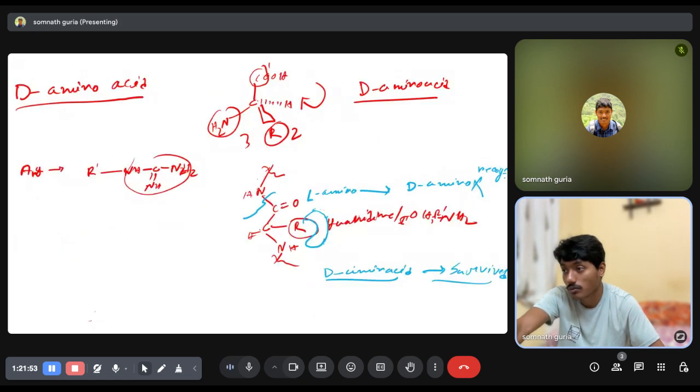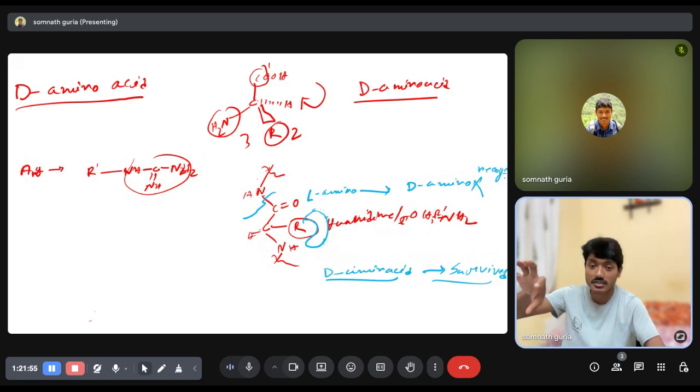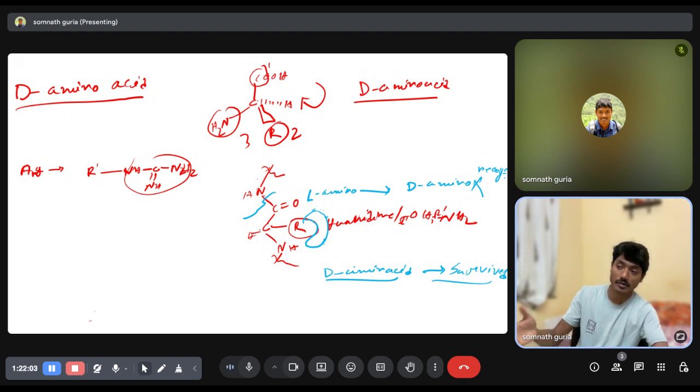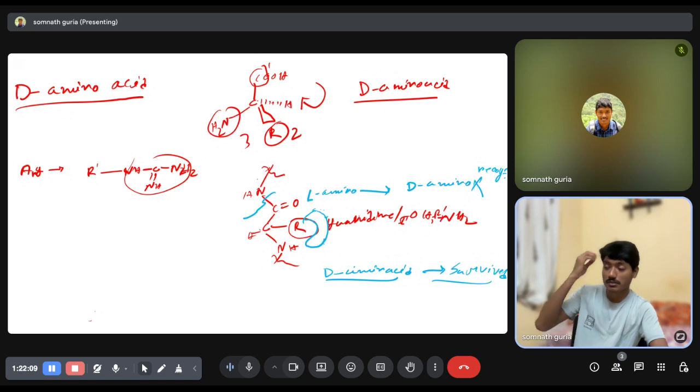Now, for molecular recognition, if you change some molecules, let's suppose we have an L amino acid. Bacterial cell growth happens in an L amino acid environment. If you provide the D amino acid, the bacterial cell cannot grow there. And sometimes bacterial growth is stopped by